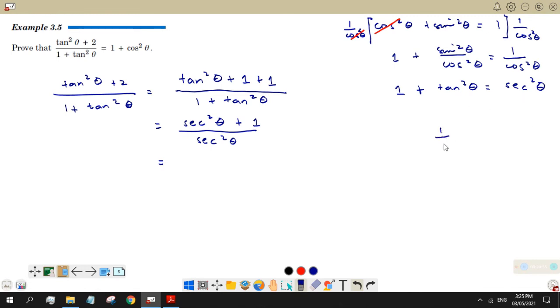operation ng multiplication among fraction. We have 1 over A, or gawin natin siyang A over B plus C over B. Copy natin yung same na denominator B, and then proceed with addition of the numerator. Dito, common yung denominator natin, secant squared theta. So, i-break down natin siya into 2 na having the same denominator. So, we have secant squared theta over yung denominator natin na secant squared theta ulit. Plus yung 1 over